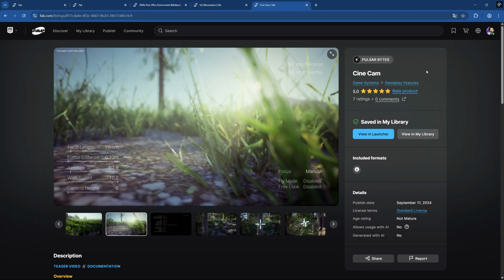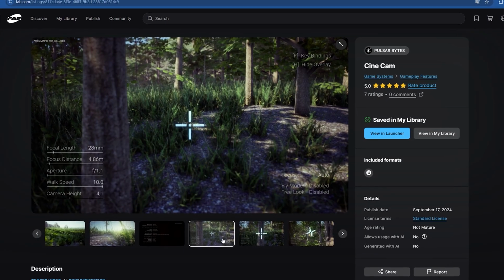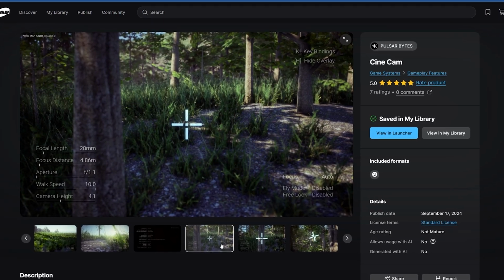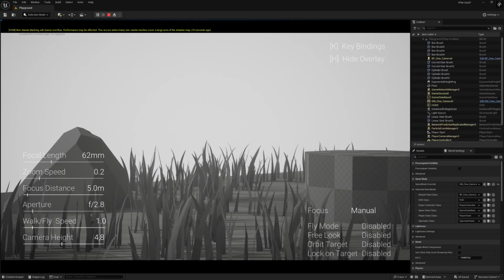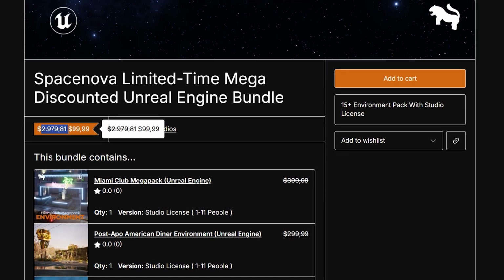Another asset is a cinematic camera, which could be useful if you want to experiment with specific features. I'll go through each of them shortly, but it's worth mentioning that in addition to these free ones, there's also